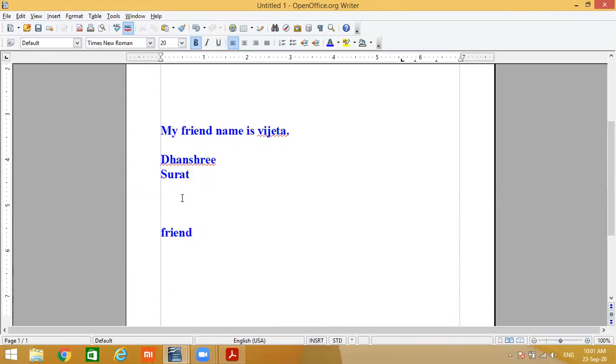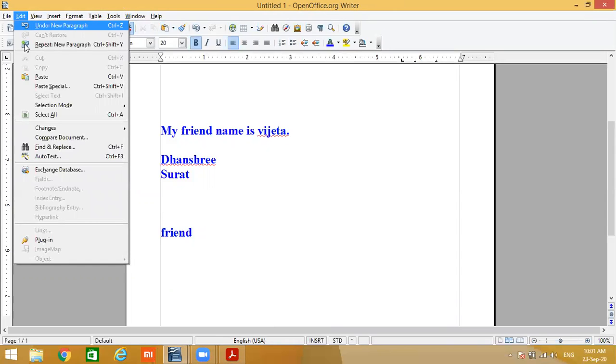See, Control F7 is not working here. The option is here, synonym. Language, thesaurus. We will go to the language option.